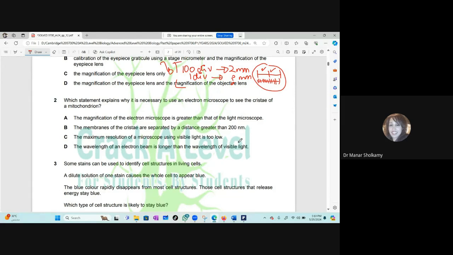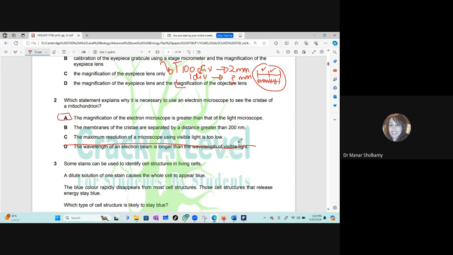One of the easy ways to answer multiple choice questions is to answer by exclusion. I'm going to remove what I am sure is incorrect. So D is incorrect. Two more are incorrect. Let's look at A. The magnification of the electron microscope is greater than that of the light microscope. A is right, but we